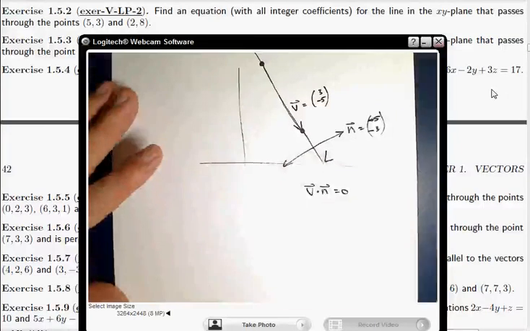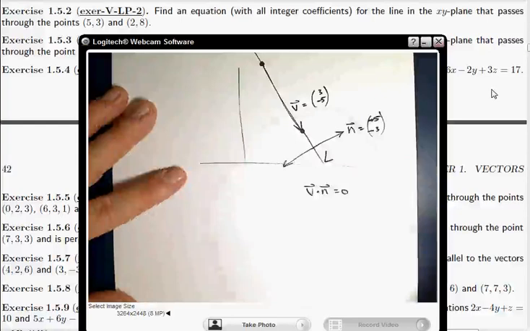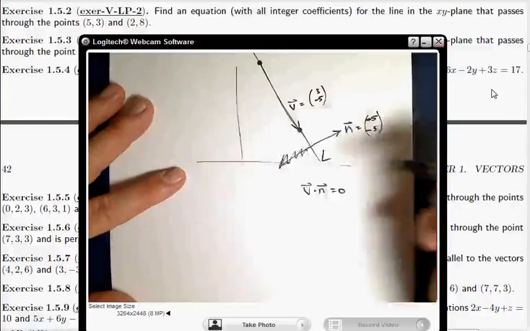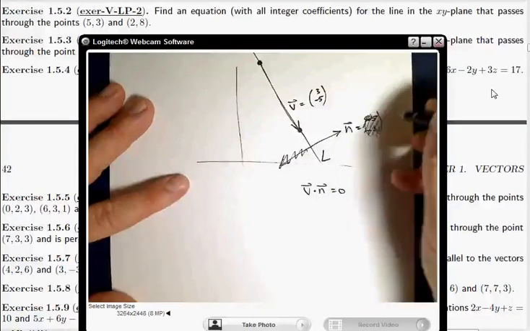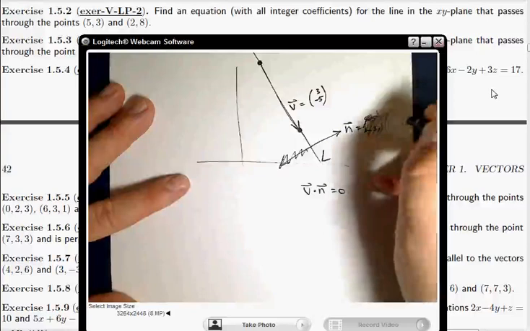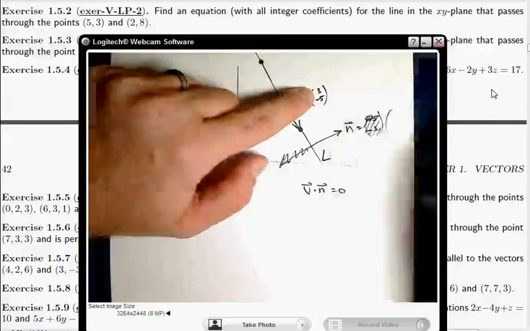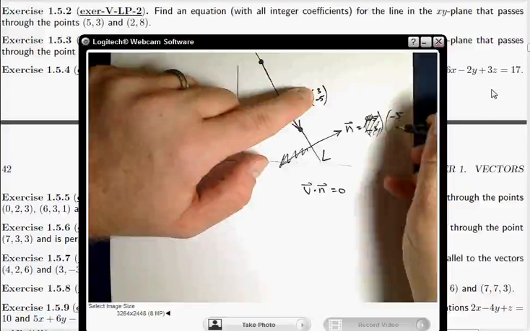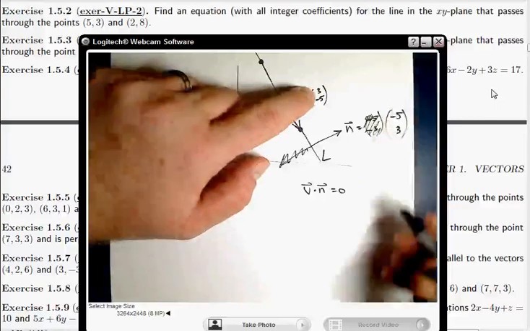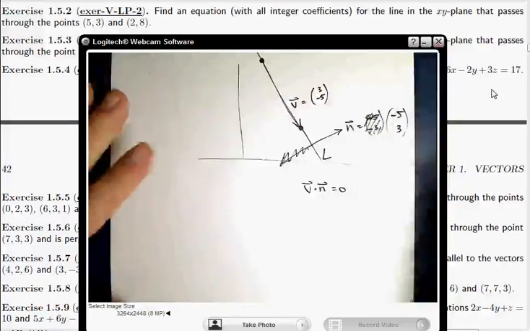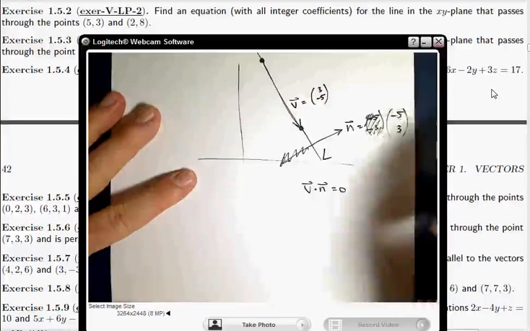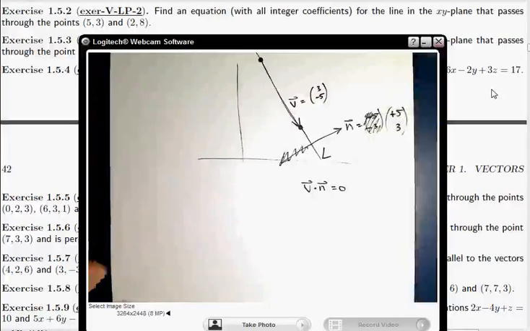So that's 3, 5. Oh yeah. Sorry. So let me write that a little bit better. So you start by switching these two coordinates. That gives you (-5, 3), and then you got to change the sign of one or the other of these numbers. And since I like positive numbers, I'm going to change the sign of that negative one, thus making it positive. So we've got our normal vector,